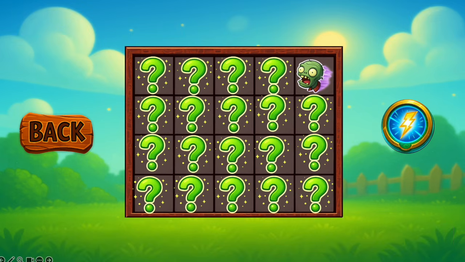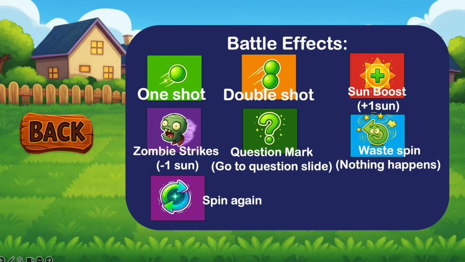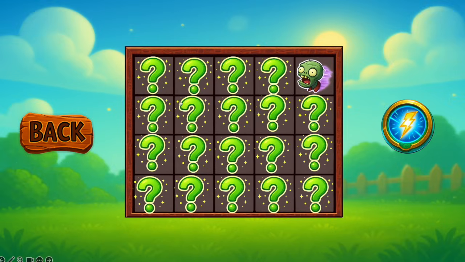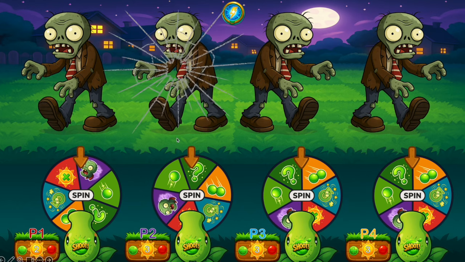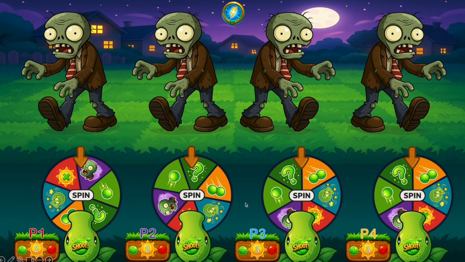If, for example, you don't know what it means, you can still press on this lightning right here, and you're gonna see zombie strikes minus 1 sun. So now you're gonna go back and press on the zombie and remove the sun. Next player, they have nothing, and the next player,